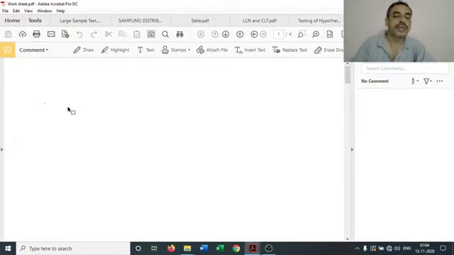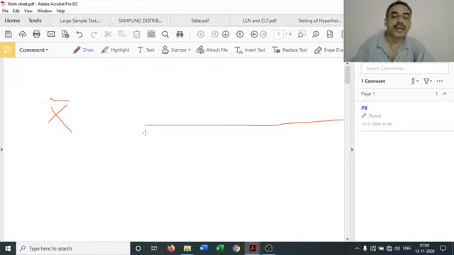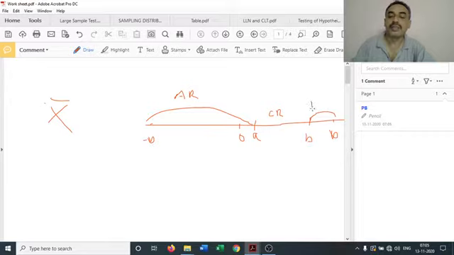if the test statistic is say x bar, the sample mean, and its range of variation is minus infinity to plus infinity with 0 in the middle, and if we treat these two limits A and B as the rejection region, critical region, its complement will be the acceptance region. This will be AR, and here the other side of AR is from B to infinity. So this is the critical region that is between A and B. Now,